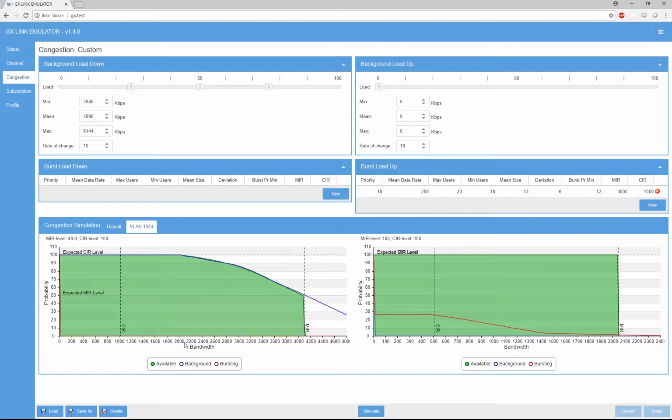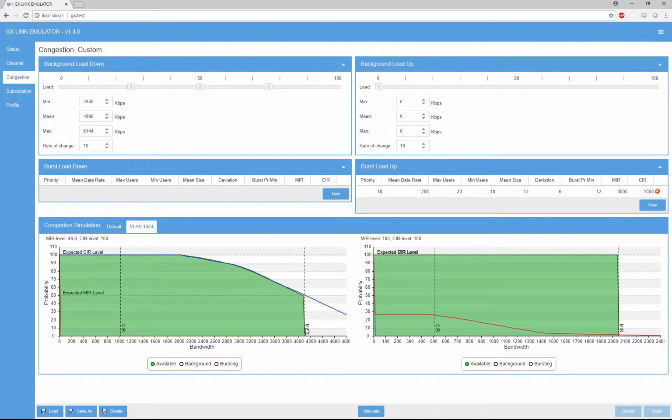So we can see that the chance of getting 2 megabits per second is close to 100%, which is expected because the maximum is 6 megabits, the channel is 8 megabits, so we should always be able to get 2 megabits. On the other hand, the chance that we get 4 megabits is approximately 50%, which is again expected as the mean load for background is 4 megabits.